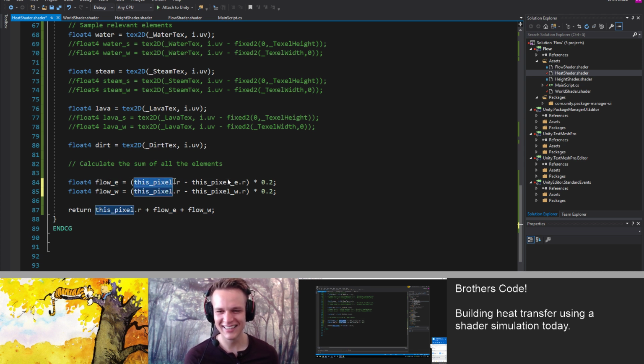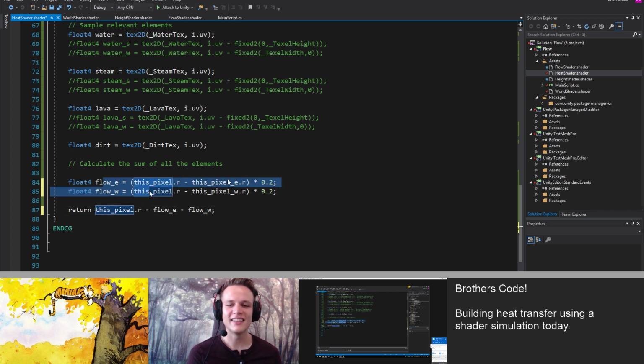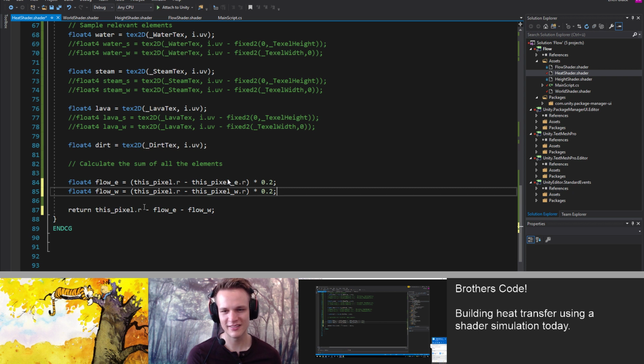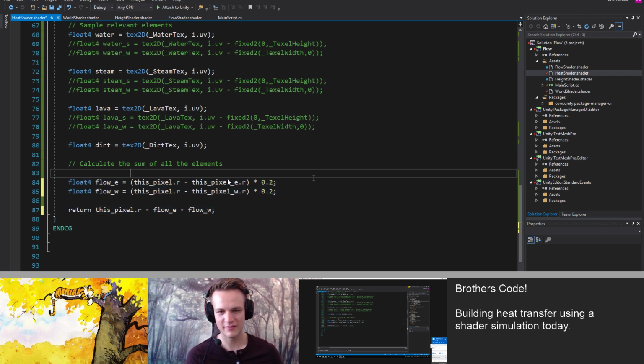Always referencing yourself. If you are higher than the other one, you are flowing a positive amount that way, which means you are taking it away from yourself. So these are all flows out, which means this is minus. If we calculated flows in, this would be plus. So this is the all out, all in section. Okay, cool. So let's see what happens.